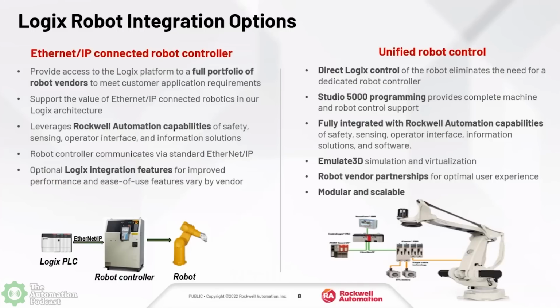So with Emulate 3D, unified robot control can be simulated and virtualized, but also I want to go back to this for just a second. Without that robot controller, this truly becomes more modular and scalable. And this really ties into a lot of other values that we have been using, such as ACM, which helps in the background of Emulate 3D and library management. So it really comes back to create the code once, be able to reuse. With that direct Logix control, now it's easier than ever to have reusable control that is fully integrated into the